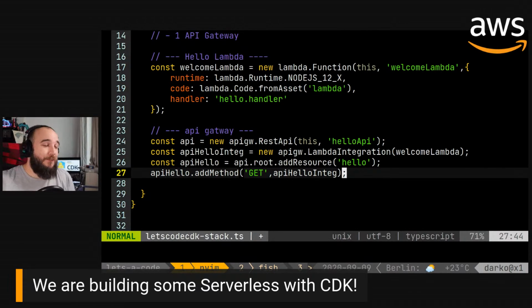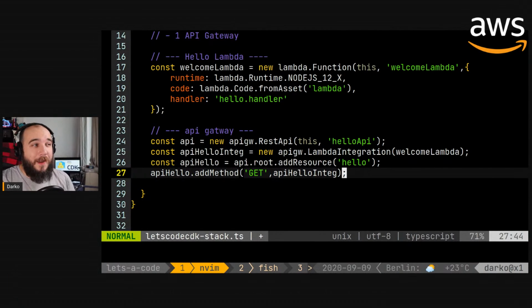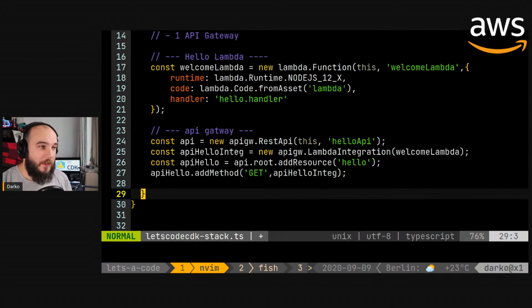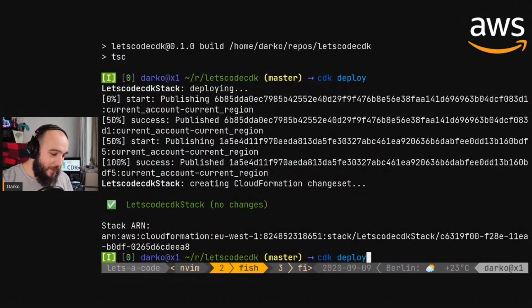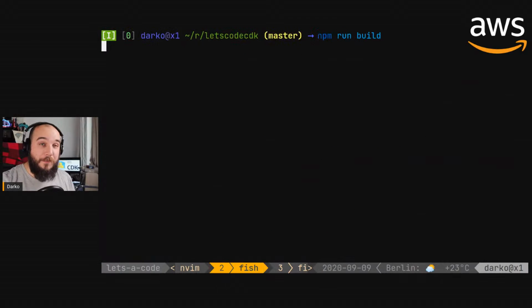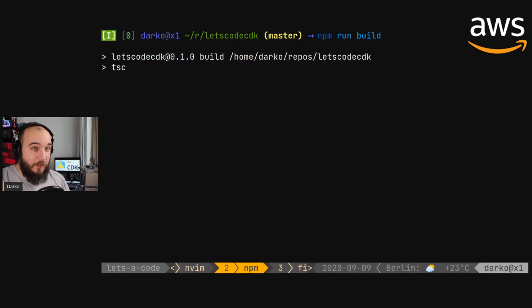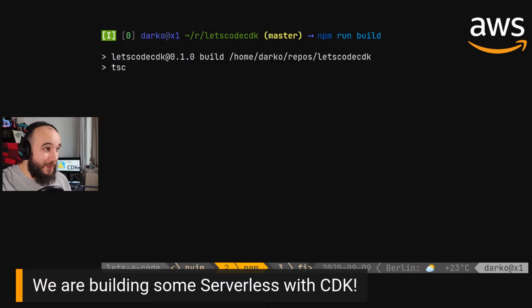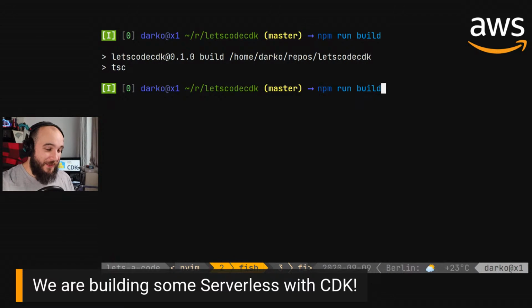Okay, so I talked about bad coding, but I forgot something. I forgot to save, so it didn't work. So let's try again. npm run build. If you don't save your code, kids, you're not going to deploy your code. So make sure to save it before you do. And then finally, again, CDK deploy, and hopefully